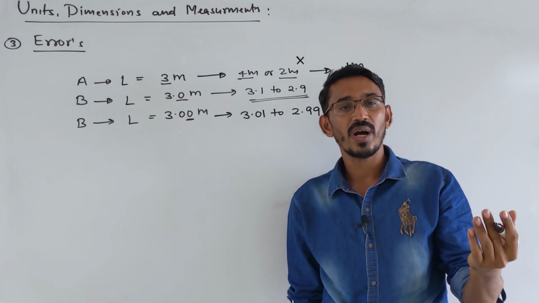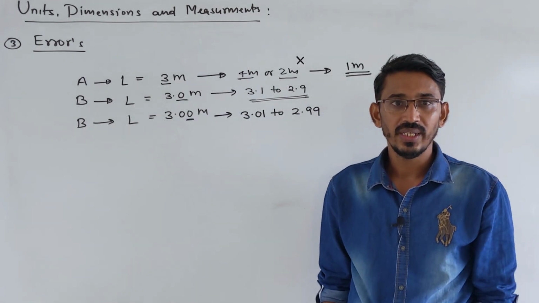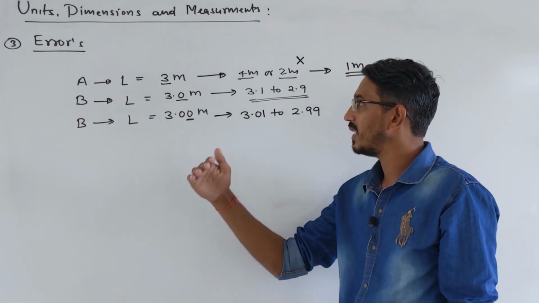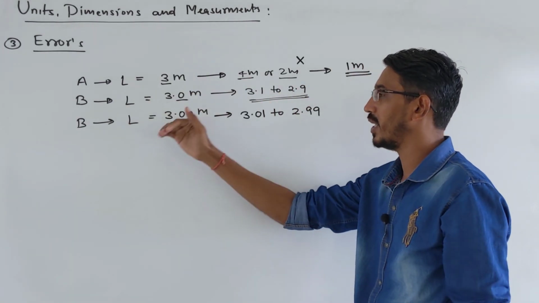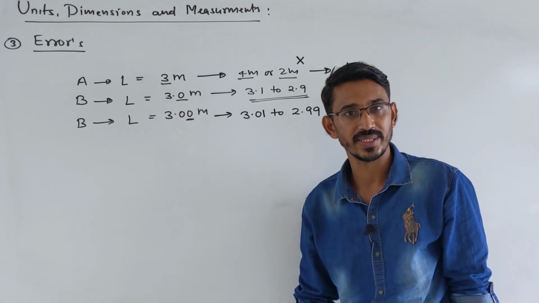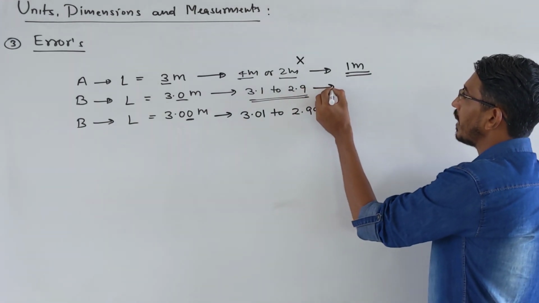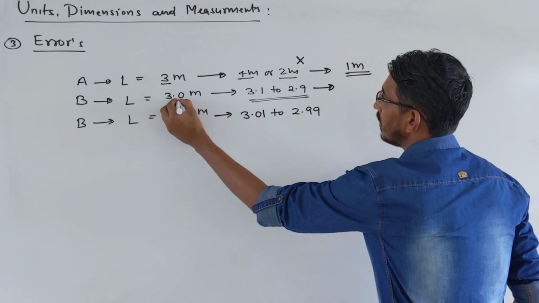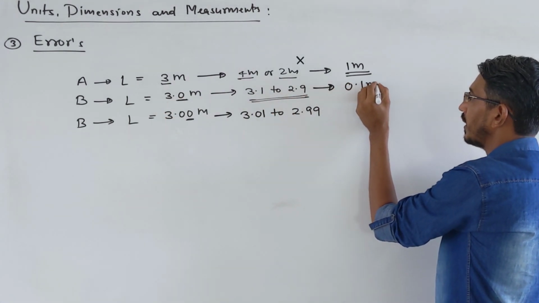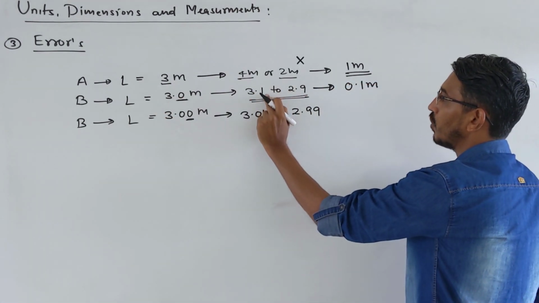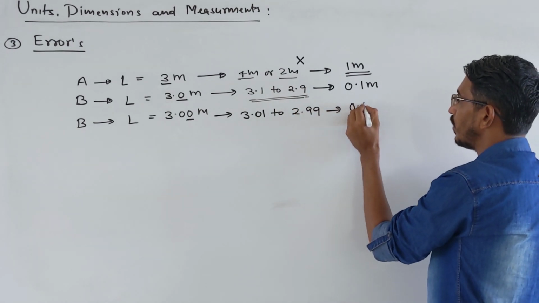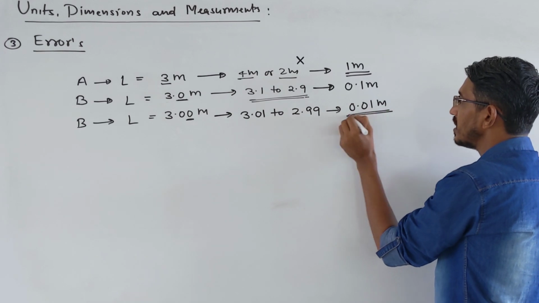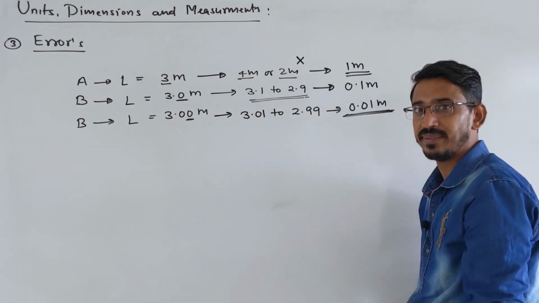So this itself is called your least count. Okay. Yes, the smallest error we can make is simply called the least count. We will talk about least count again in the next part when we learn instruments like vernier caliper and screw gauge. Okay, this student can make an error of just 0.1 meter, like 0.1 meter more or 0.1 meter less. And this student can make a 0.01 meter error. So this is making the smallest error, right?